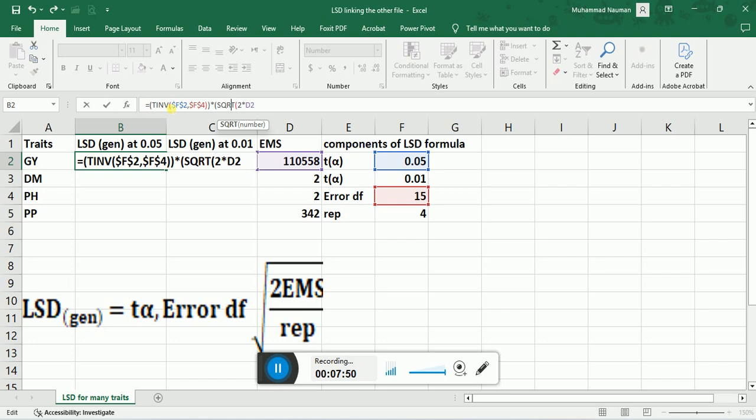Then the square root of 2 times EMS, the error mean square, close the bracket. We will not put the dollar sign here because we want to change the error mean square values when we drag or copy the value down to the pods per plant. Close this whole entry in the bracket and press enter.